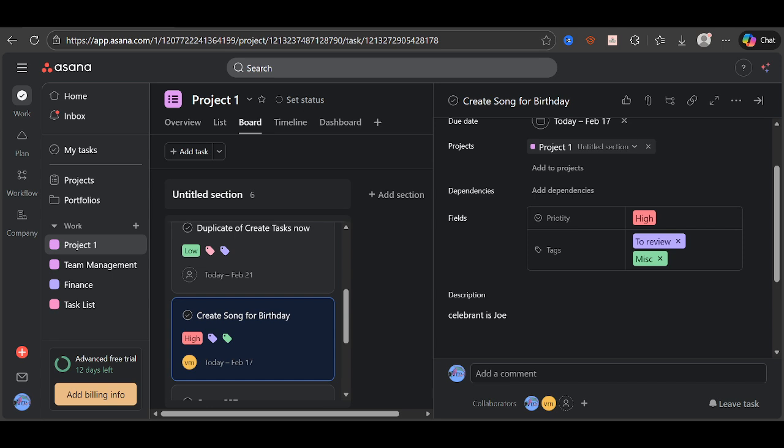Once your tags are in place, they become powerful filters for organizing views and understanding workload at a glance. And that's how you create tags in Asana: simple, consistent, and ready to scale with your